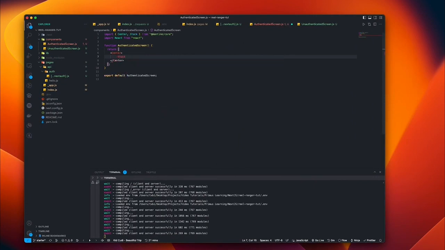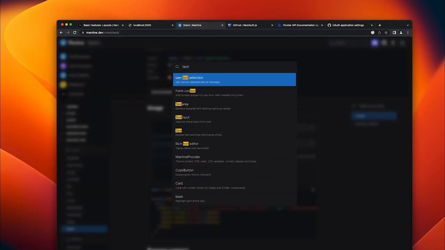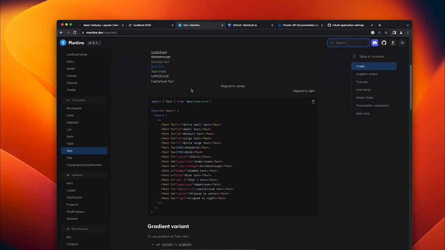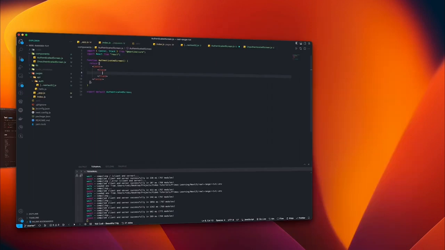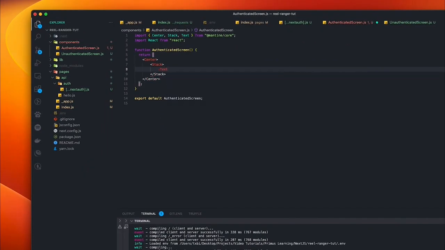So in here, I'm going to bring in stack, with a capital letter S, and I'm going to pass in the children. Whatever I pass in here, it's going to render them in a vertical container. So we're going to need a text that welcomes people, like, hey, welcome to Real Ranger, right? So in this case, we have a component called text. And text displays text and links with your theme styles. And so we're going to import text from Mantine core, and I'm just gonna